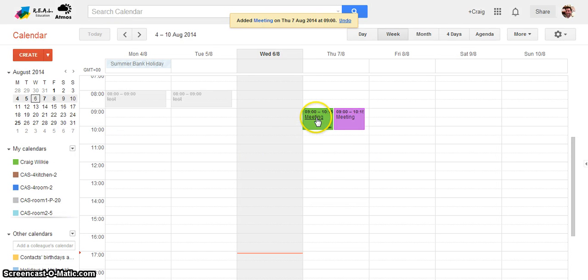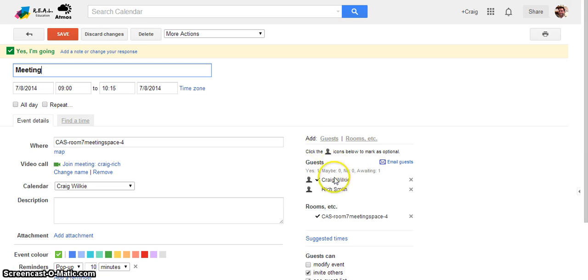What you'll notice is that the meeting room goes into my diary, but it also provisionally goes into the diary of the room. We booked the room 7 space. Now click in the meeting, you can see that I've confirmed. Well, I've created the meeting, so of course I've confirmed, but also that the room has now been